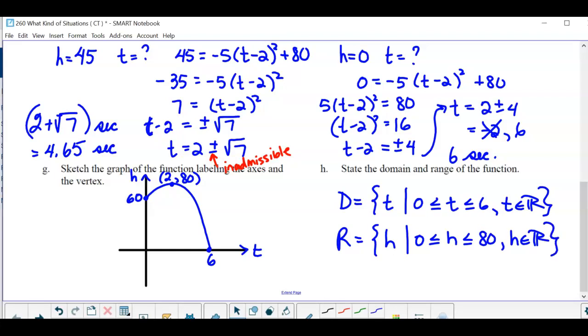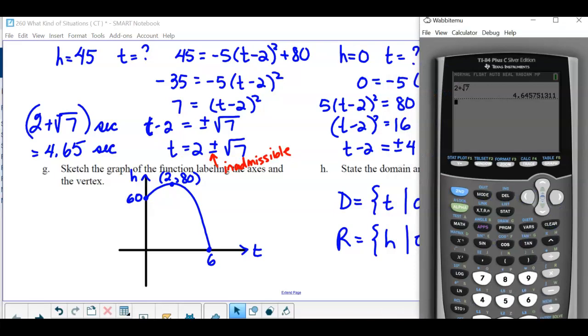Okay. Now, if you wanted to graph this, go to y equals, just put in the original, negative 5x squared plus 20x plus 60. Then your window, we know we have to go from 0 to at least 6, so let's go to 7 based on our calculations. 1 in, go from 0, and we have to go to at least 80, so let's go to 85. And we can go up by 5s. So if we graph that,